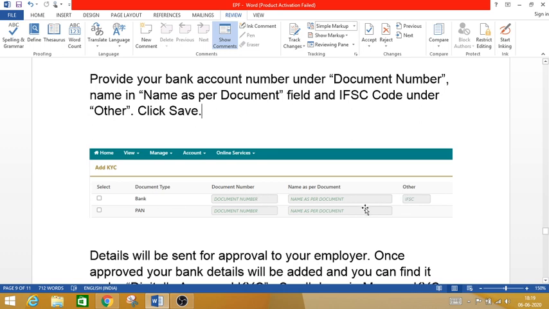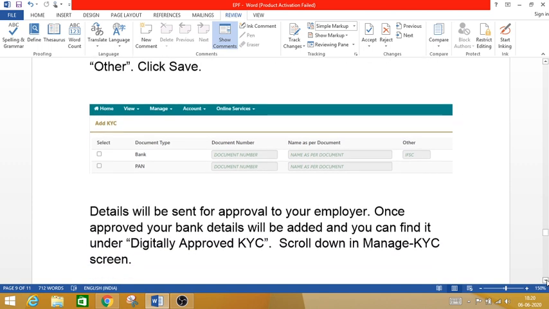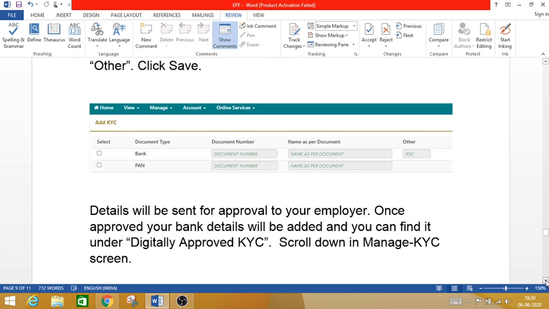Okay, so these three things are the major ones. So this name, Aadhaar name, UAN login name, everything, ensure that it is the same. Okay, so once you give all these, these three are the key details. After you give them and click save, these details will be saved for your banking detail after it is approved